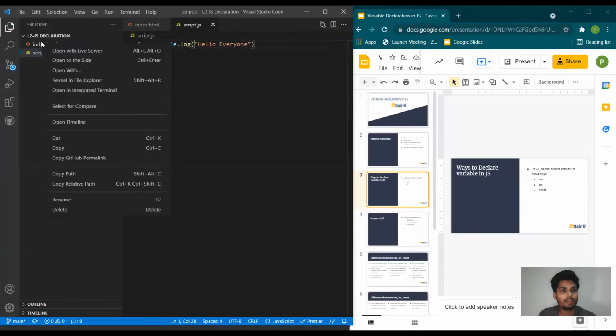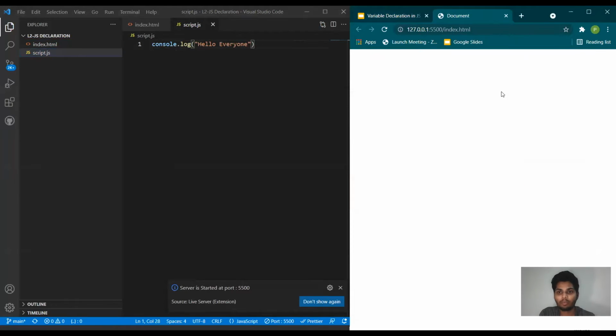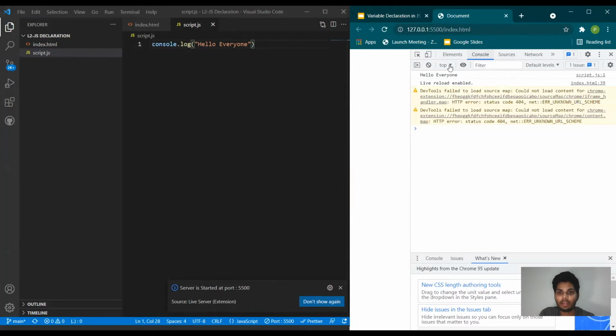Let me open my index.html with the live server. Please note that even in this case we are opening our live server with the index.html, not with the script.js. Once opened, you have to click on inspect, then go to the console, and you can see that hello everyone is coming up here.